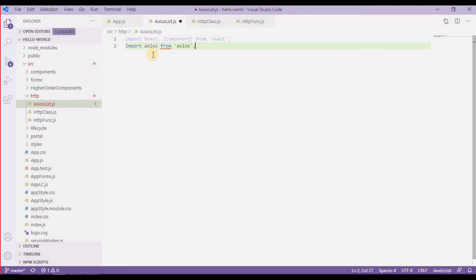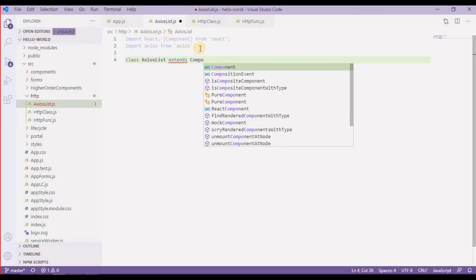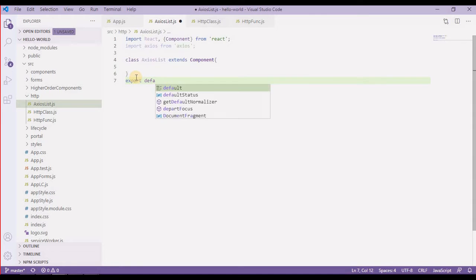Right now it is not installed, but it will get installed after some time. And then the class I'm going to write is AxiosList, which extends Component. Alright, and I'm going to export this class as export default.